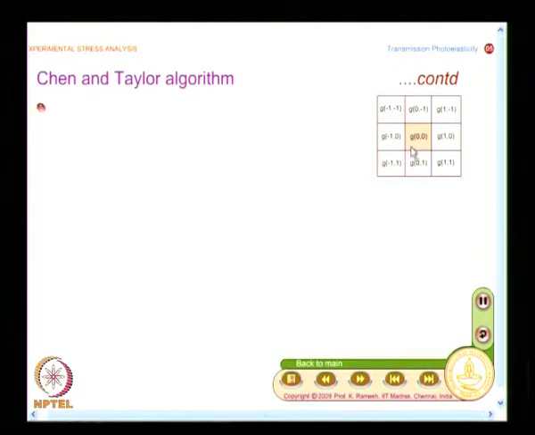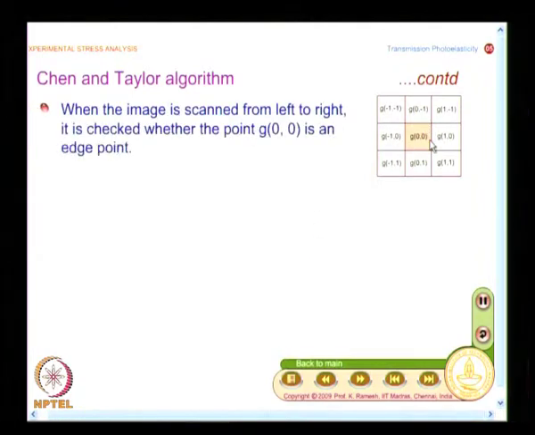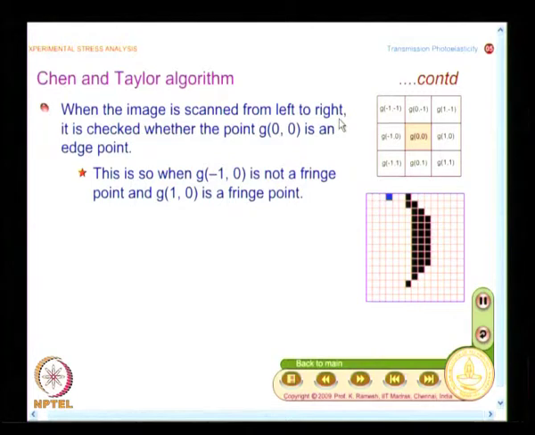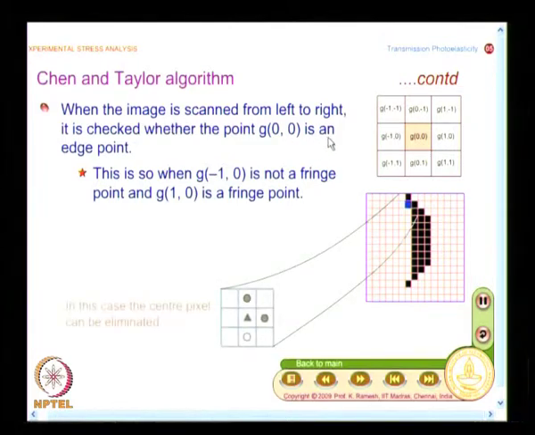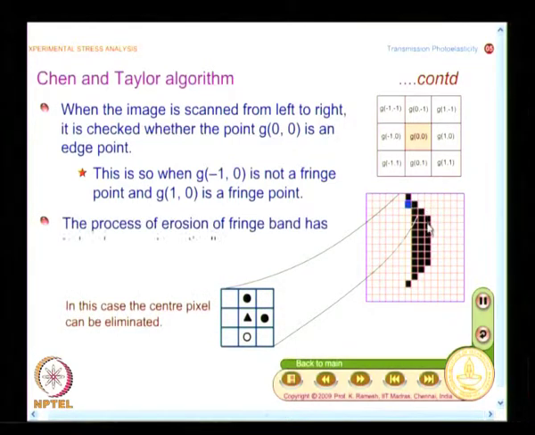And what I have is this is the pixel that is under consideration, and the image is scanned from left to right, and I want to find out whether the pixel z0,0 is a border pixel and whether I have to retain or eliminate it. And I have shown a typical fringe where it has a different kind of thickness, and the blue pixel repeats that scanning process, and I will redo the animation, then you can have a look at it.